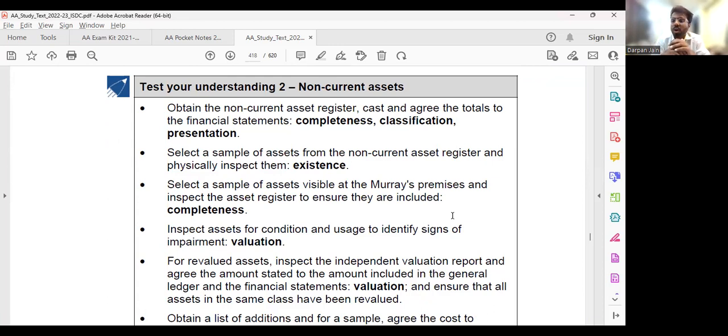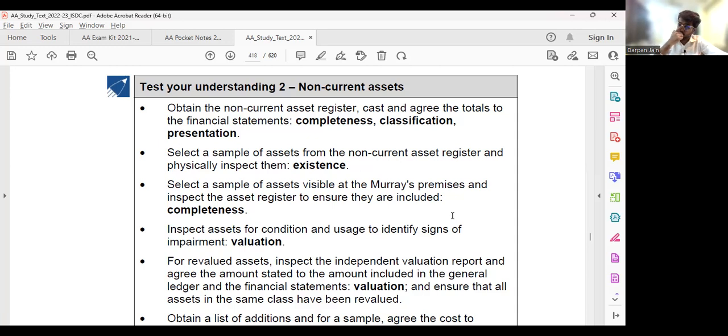Same thing you can do for non-current assets also, because you have non-current assets in your balance sheet. Like you have buildings, so and so amount, land, so and so amount, plant and machinery, so and so amount. But that land, that building, that plant and machinery will contain multiple plant and machineries, right? There can be more than one building, more than one land. But the amount which is being shown in the financial statements, that's a cumulated amount. That's a cumulative amount, correct?